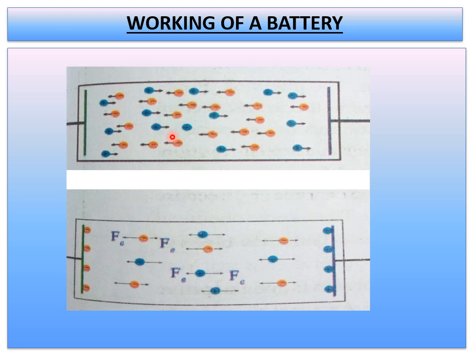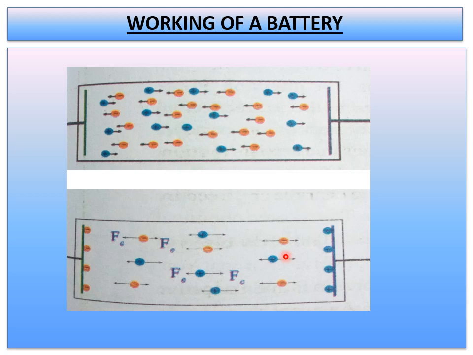So let us imagine a force as Fc, which is experienced by these respective ions, both positive ions and negative ions. Depending upon the electrolyte present, what happens? Positive charges move to one side and accumulate on one of the electrodes, and the negative ions move to the other side and accumulate on the other electrode, nothing but a metallic plate. If you see here, negative ions as well as positive ions move to opposite sides and accumulate on the respective electrodes.